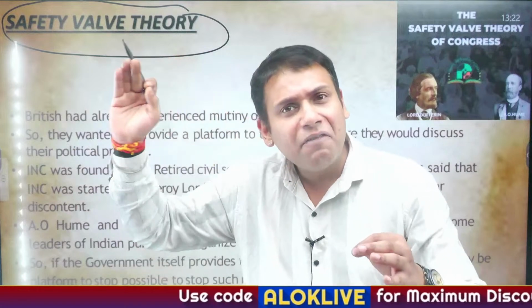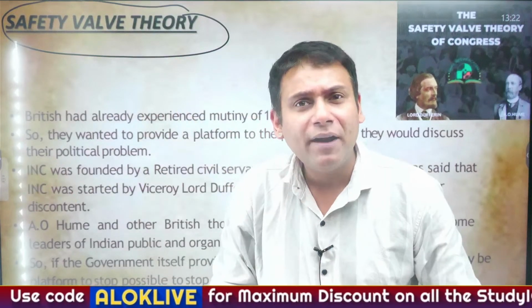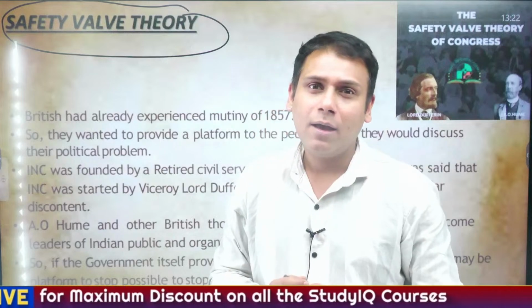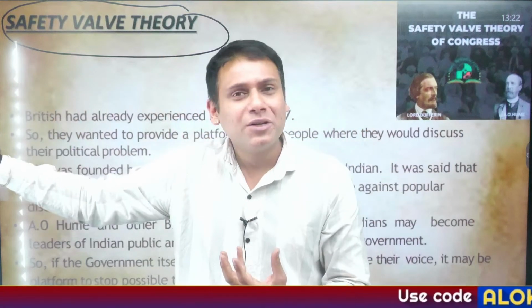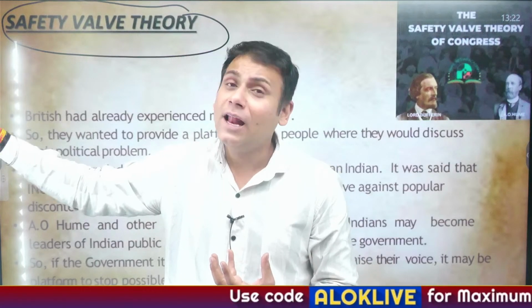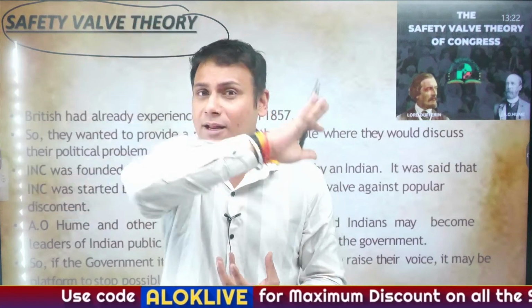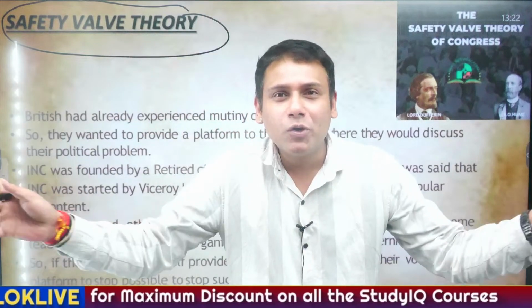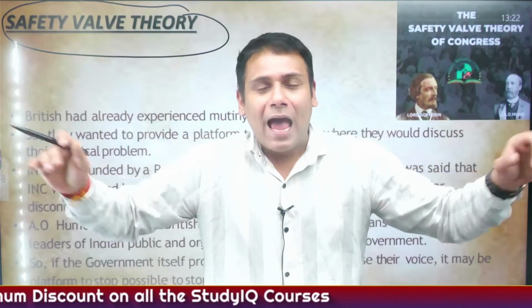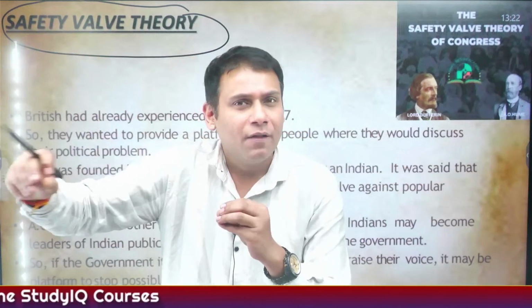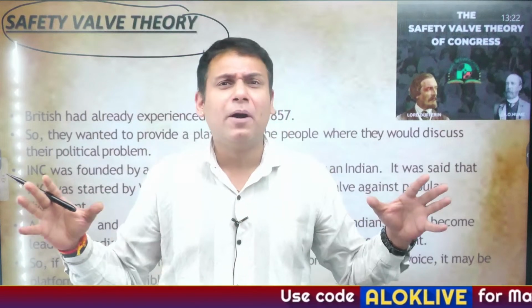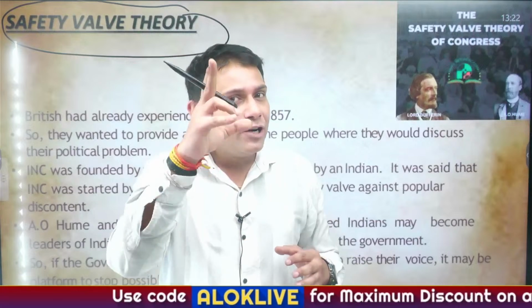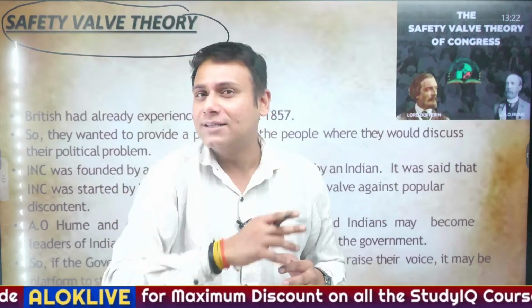So although different leaders participated in the revolt of 1857 against a common enemy, they were fighting for their own cause. So there was a lack of central leadership. Although central leadership was declared in the form of Bahadur Shah Zafar, the last Mughal emperor, as we have seen earlier, the movement was pulled in different directions. And when the movement was pulled in different directions, there was a lack of centralized leadership. What happened? It became quite tedious for the Britishers to suppress the movement. And the Britishers did not want to repeat the same mistake.